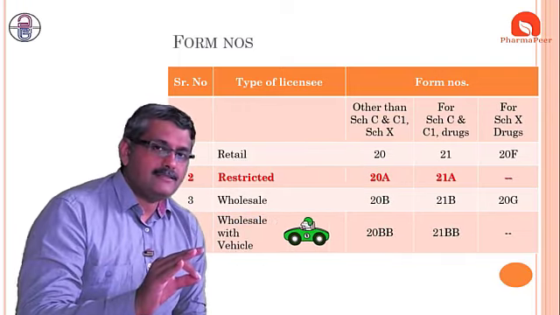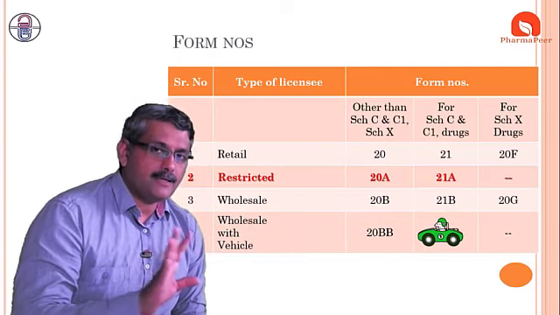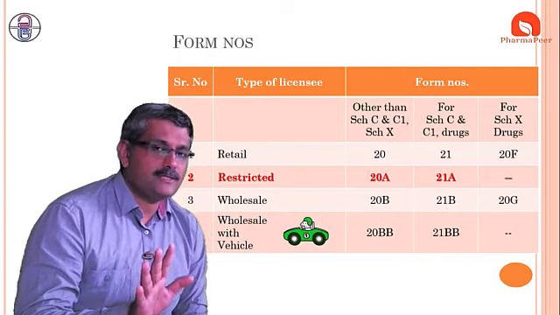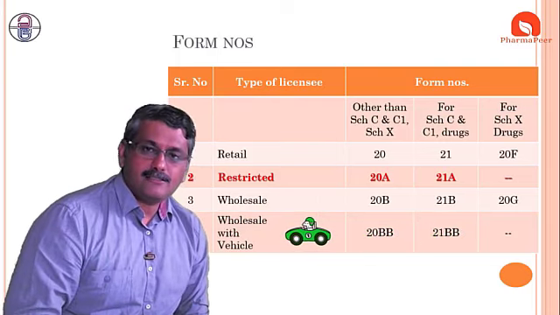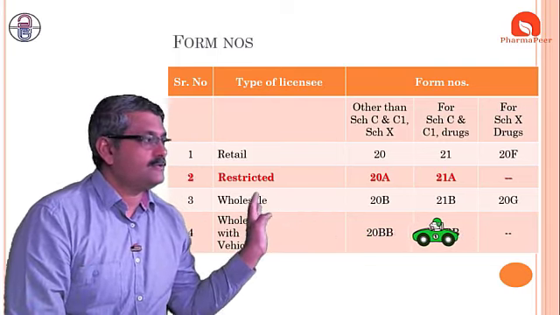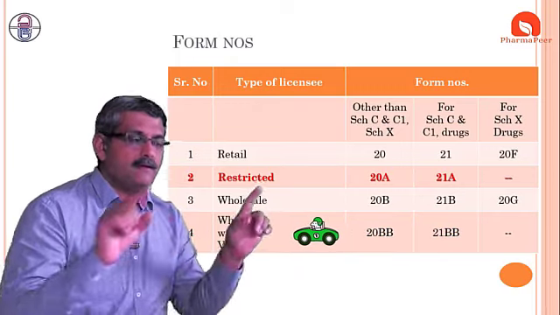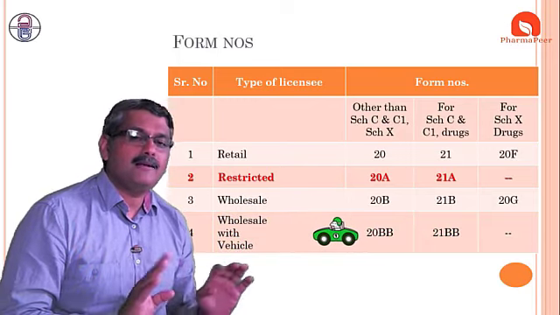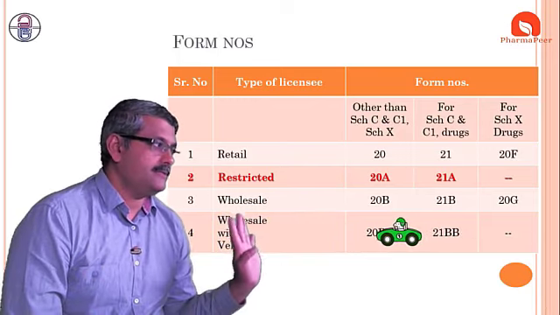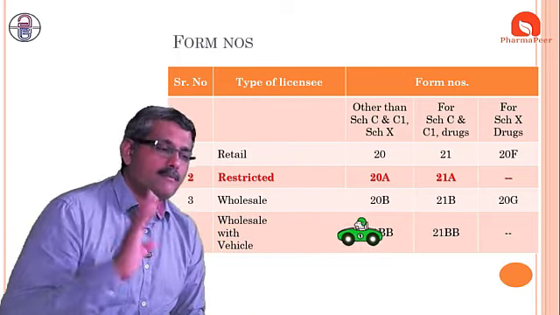Only for these sentences, we get half a mark for each sentence. So with about 6 sentences, we get 3 to 3.5 marks. This is a beautiful clue for you so that you can remember this and get an idea of how to remember it. So this is about the form number.